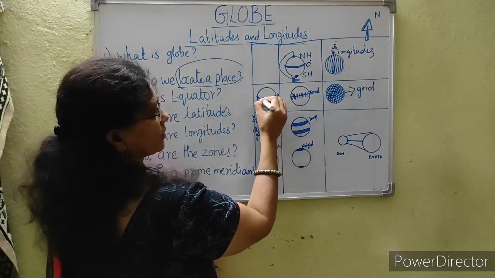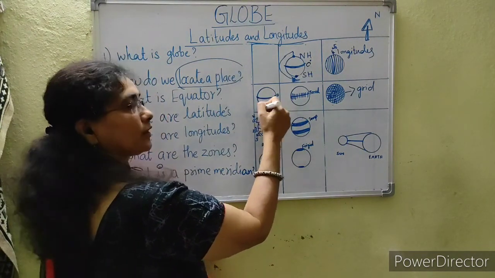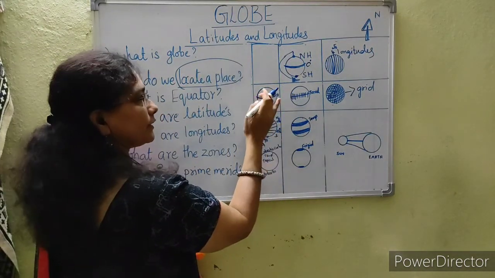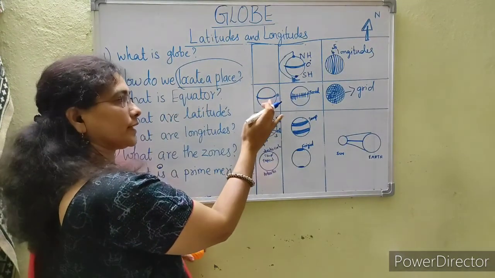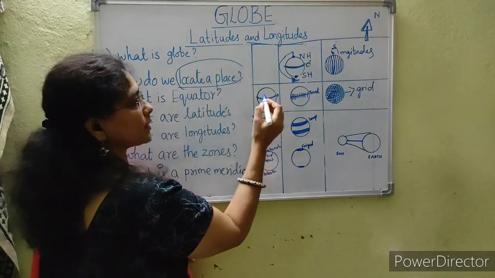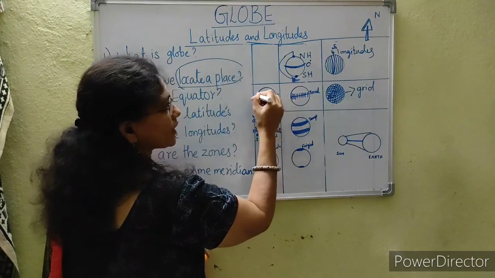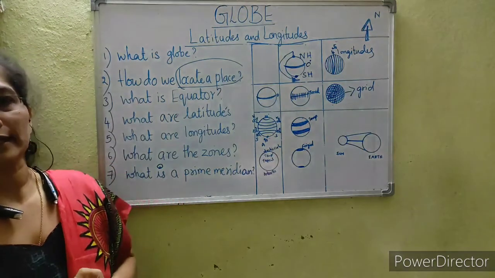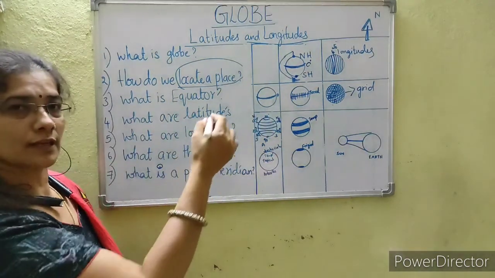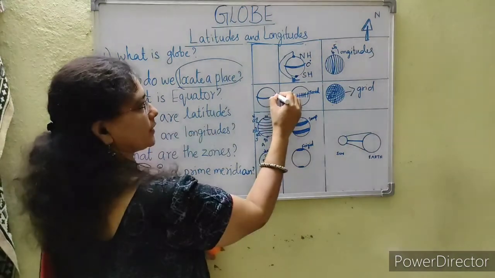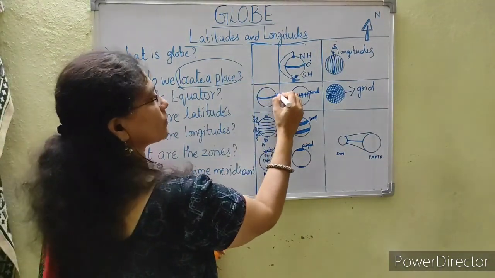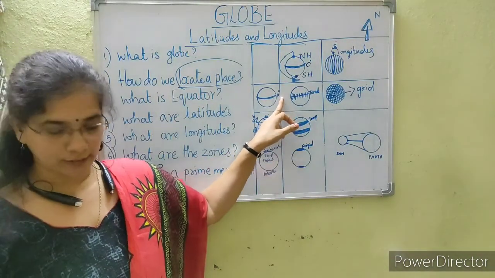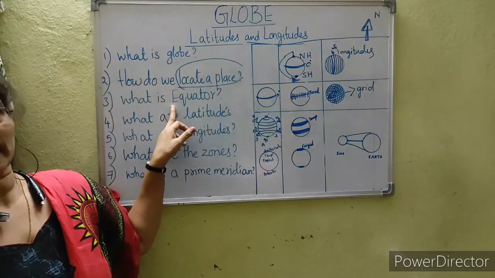This is drawn along the earth's axis. So when we draw this line, it divides the earth exactly into two halves. These imaginary parallel lines are called latitudes. So what are they called? Latitudes. They are parallel lines drawn across the earth. You can see here they are going parallelly. So this is the 0 degree latitude. So the 0 degree latitude is called the equator.